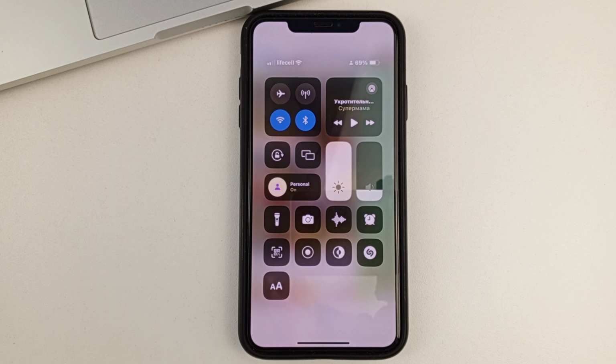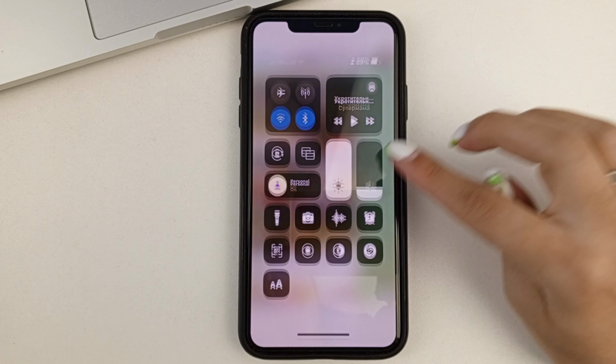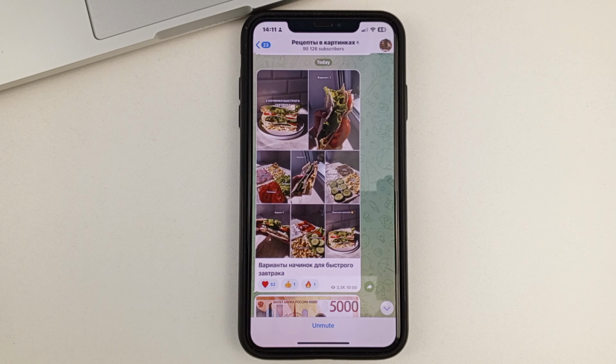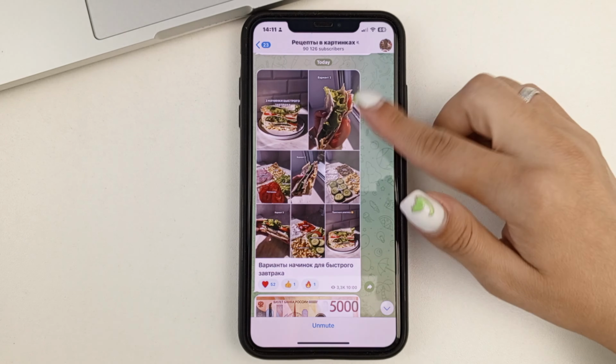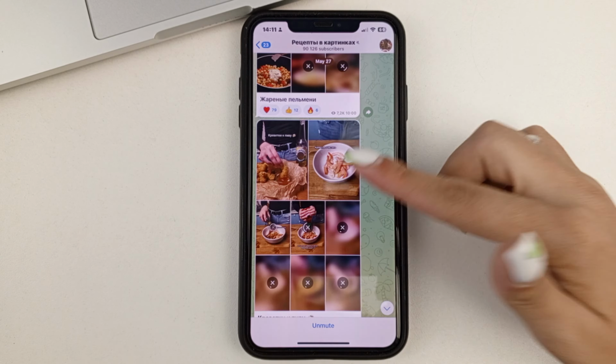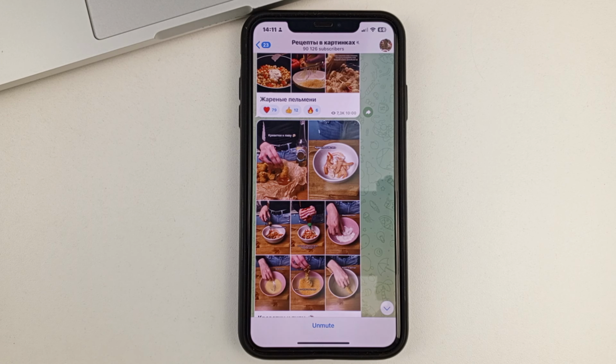Same thing if you, for example, want to cheat the system a little bit and make a screen recording. After you finish the screen recording, you look at the recording and you won't have any messages if you flip through this screen recording, because it's the same as a screenshot and the owners of that private channel want to keep all the data that's in there safe.